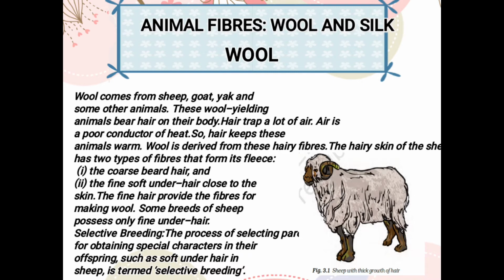Now see children, fibers are used in different things or at different places also. Various kinds of fibers have various kinds of uses. They are useful for making curtains, bed sheets, and whatever clothes we are wearing are also made of fibers. Different kinds of cushions, carpets, blankets, etc. We are using different kinds of things in our home. So all these clothings we are using in our home for various purposes are all made from some kind of fiber.